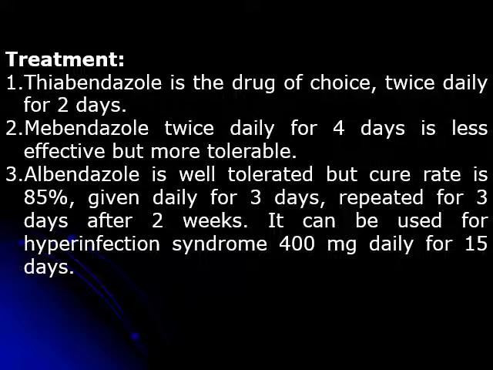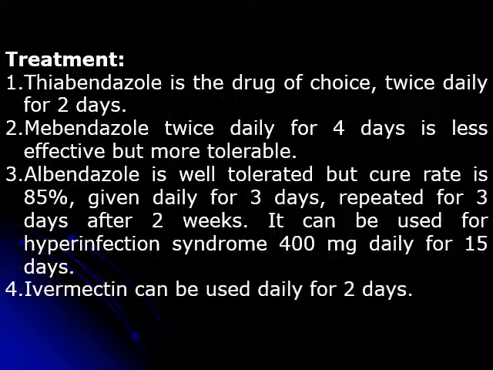Also, we can give albendazole, which is well tolerated, but cure rate is about 85%. It is given daily for 3 days and repeated for 3 days after 2 weeks, and it can be used for hyperinfection syndrome, 400 milligram daily for 15 days. Ivermectin can be used daily for 2 days, also can affect the